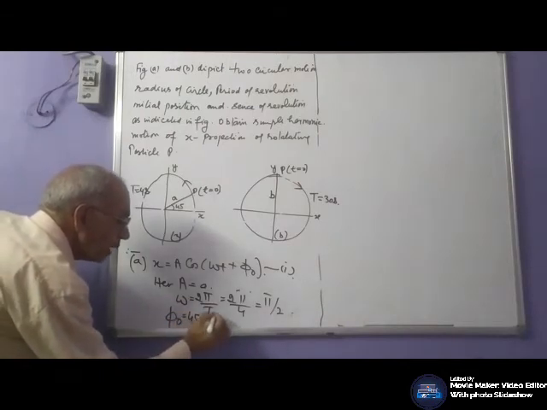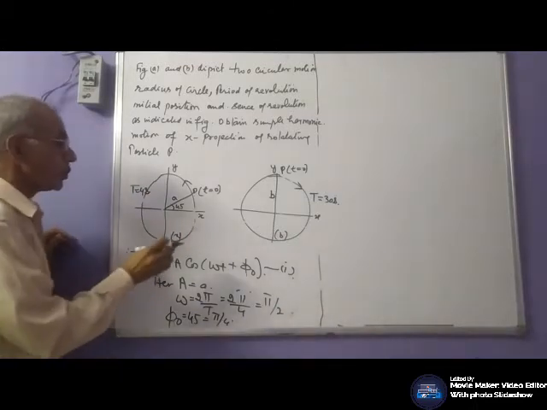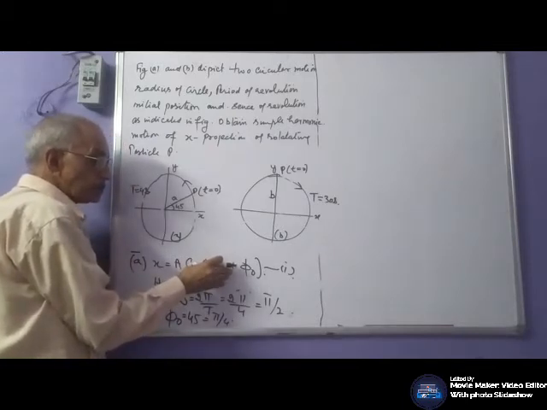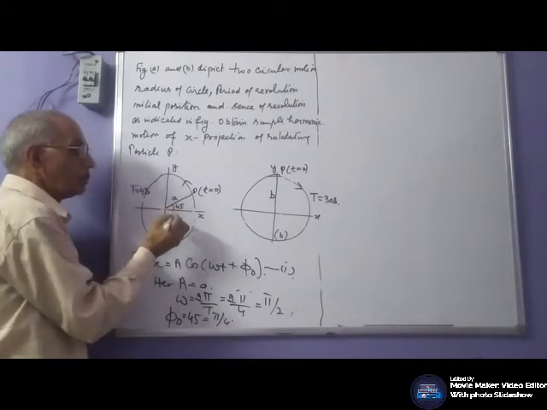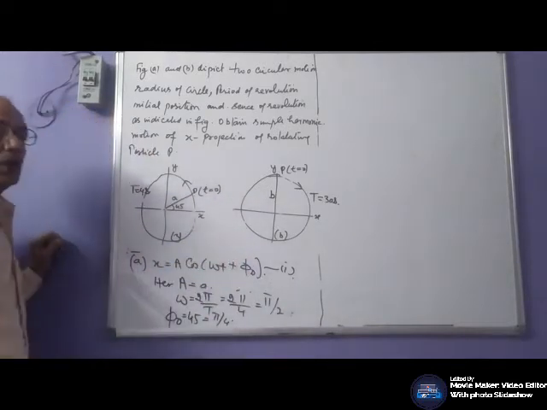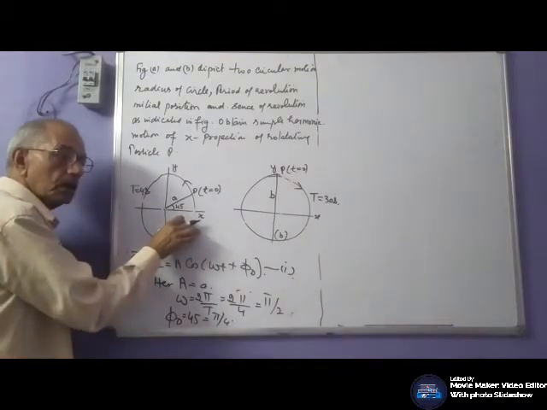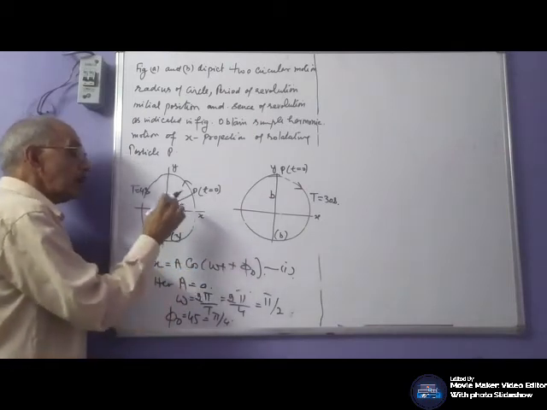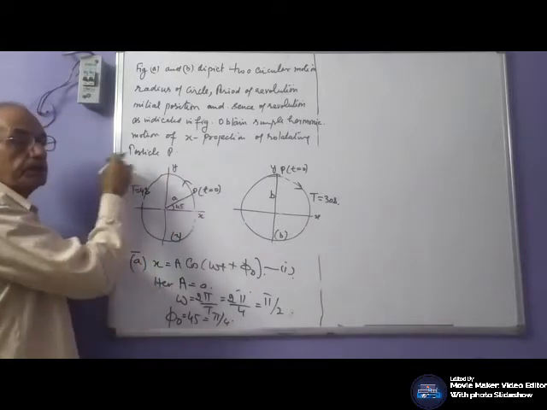45° means pi by 4. Now, whether it is plus or minus: यहाँ इधर होता तो पीछे होता, वो पीछे फाई नॉट, यहाँ ये आगे है तो it is plus phi naught. स्टार्टिंग पॉइंट यहाँ होता तो पीछे होता था, equation will be this: A cos omega t minus phi naught. मैंने phi naught plus लिखा है, ये आगे है, स्टार्टिंग पॉइंट यहाँ मीन से।